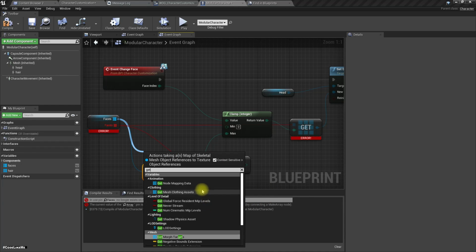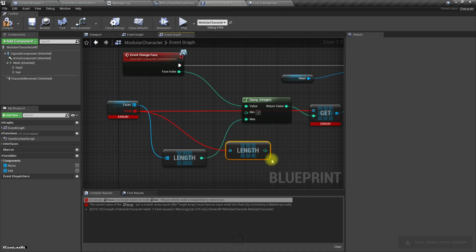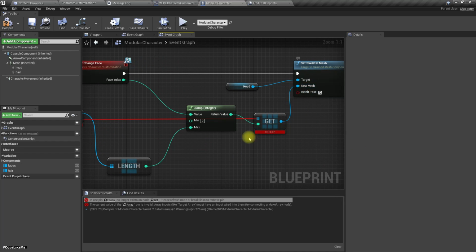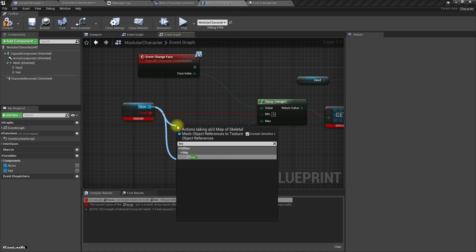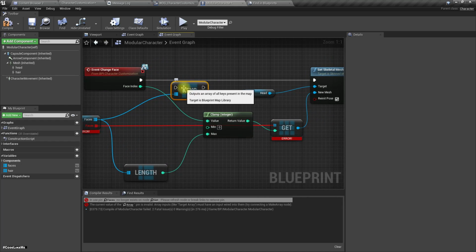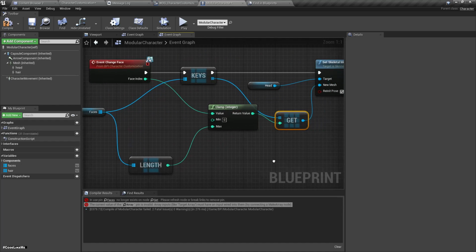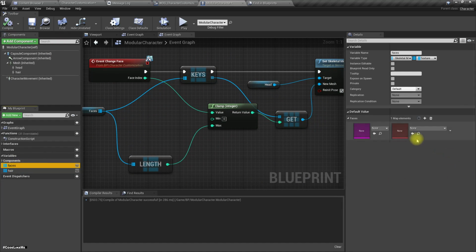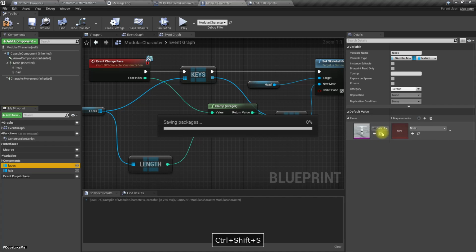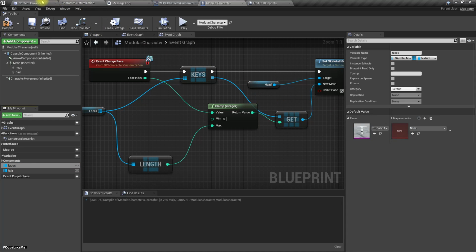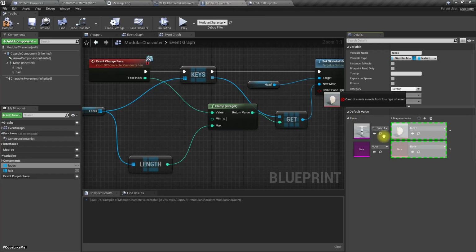Here we need to get the mesh. Okay, so mesh is the key here. So keys, and use it to get mesh. Right. Okay. Alright, now we can set it here, but so yeah, this is the texture. Phase 1, phase 2,